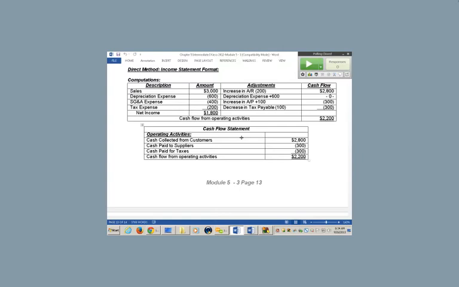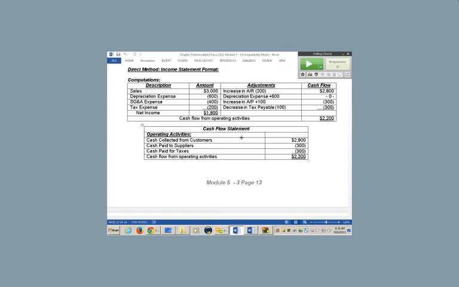Okay, so that reviews the last thing we looked at, and I always like to do that. Does anyone have any questions there, direct versus indirect? And as we said, you don't see the direct method too often in practice, but it is preferred because if you had to forecast cash flow, if all you have under the indirect approach is 2,200, that number has a lot of noise when you forecast it.